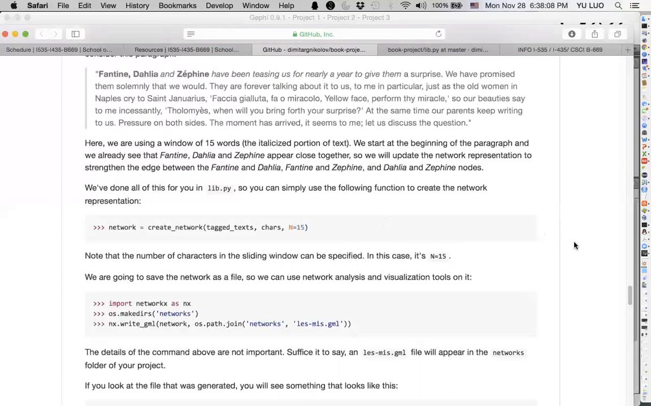Okay, question. When we do the clean part using remove, do we have to go through